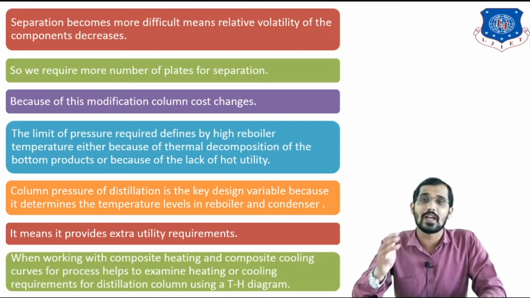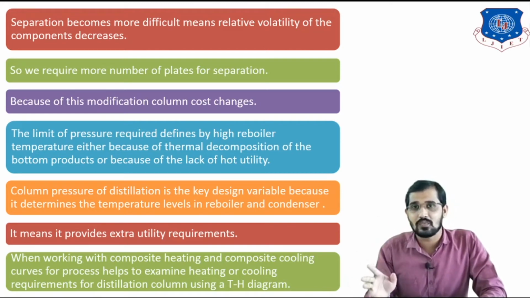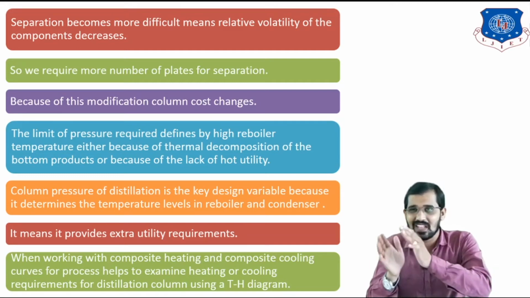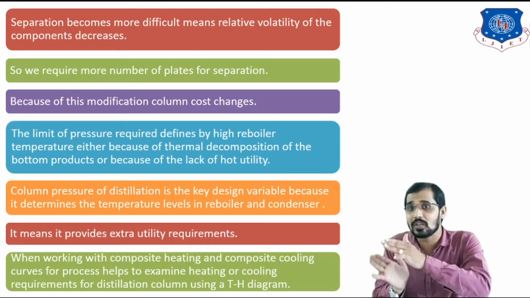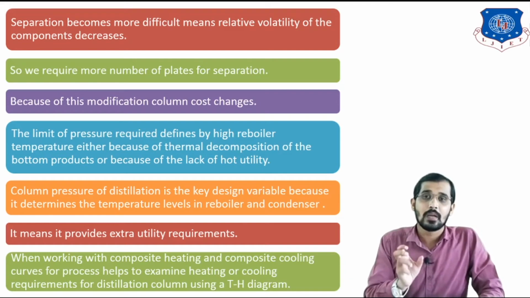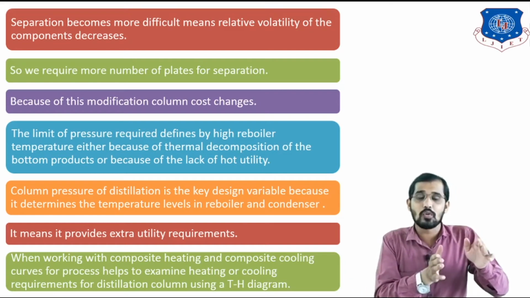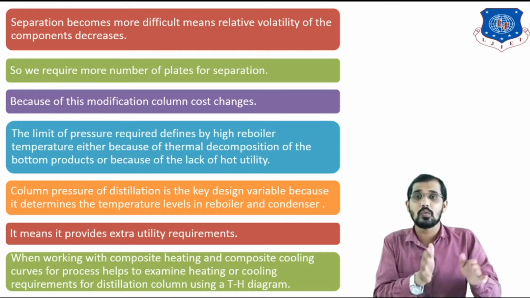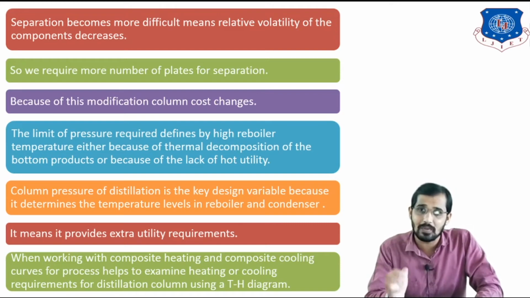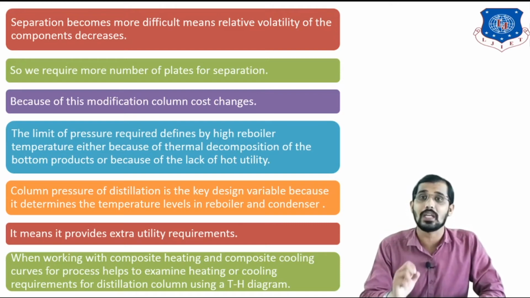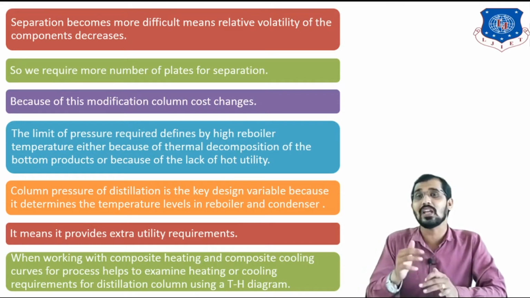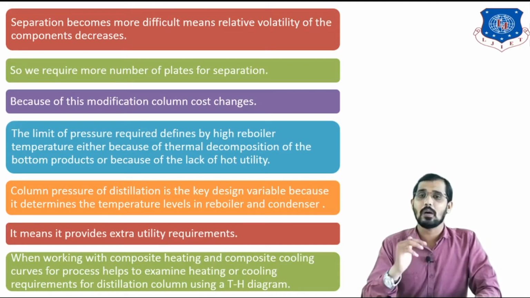I told you in the previous lecture as well, whenever we have drawn the hot composite curve and cold composite curve, whenever there is an excess of that red line, meaning the hot stream is available, there is a requirement of an excess amount of cold utility, and whenever there is an extra amount of the green line, that is the cold stream, to provide the heat we require an extra amount of hot utility. So all these requirements we can calculate by using the TH or TQ diagram. Before that, you should know how to draw a distillation column in a TH or TQ diagram. I will explain that in the next slide.